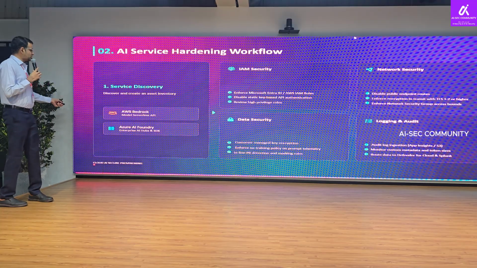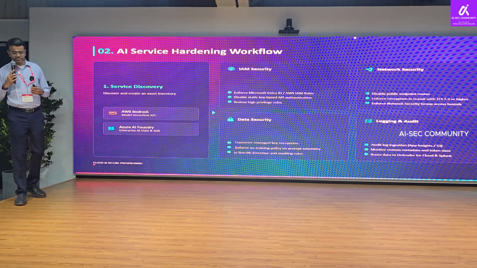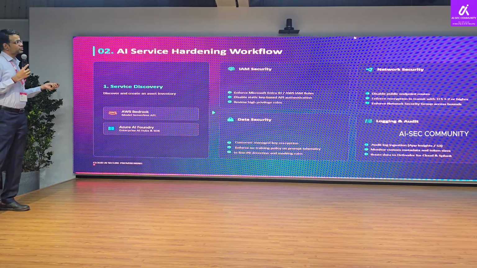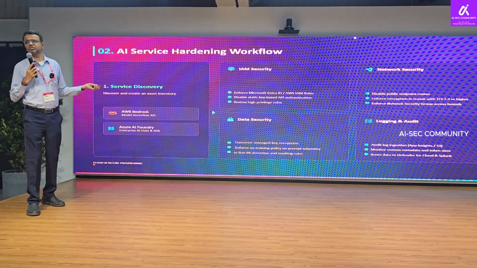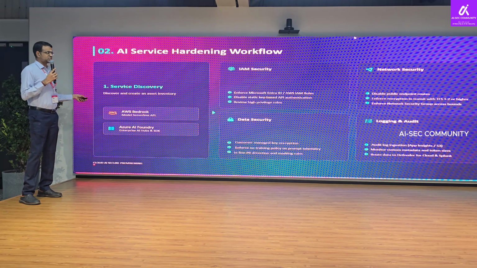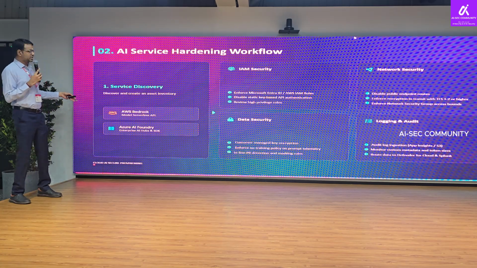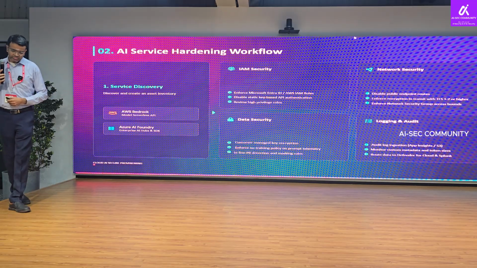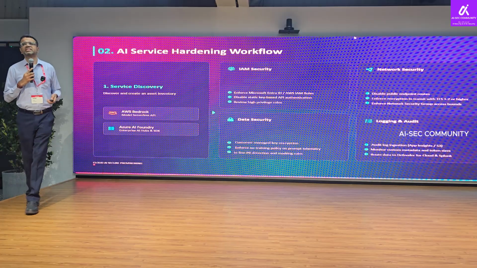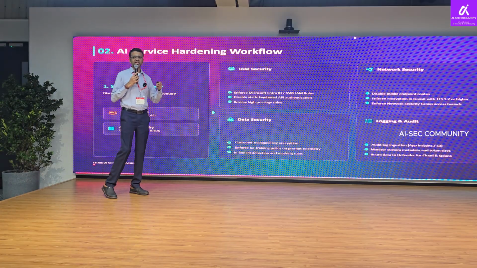But here I'm just calling out examples of AWS Bedrock and Azure AI Foundry, mainly because the focus that I'm going through is basically AI secure provisioning. So I just called out these two examples, right? This is what I'll be using as a reference today, to go through how we can harden these two services. Right, so once you have service discovery in place, next is the definition of the hardening.